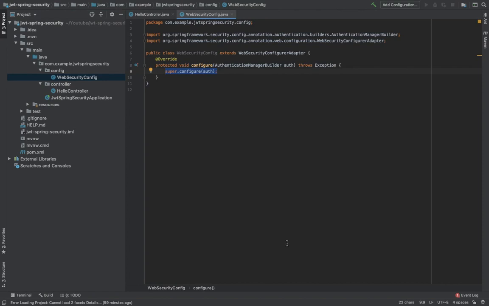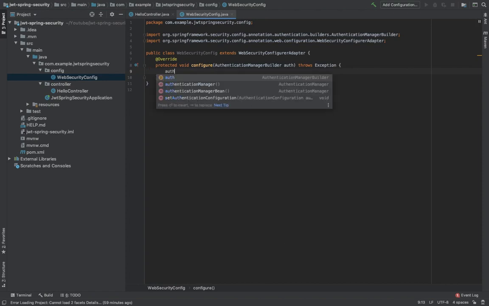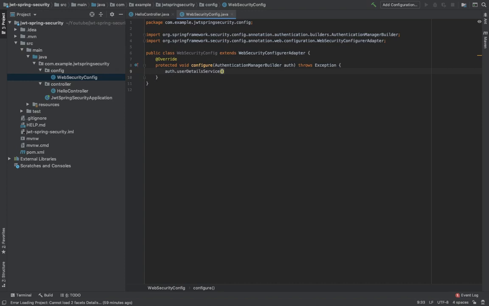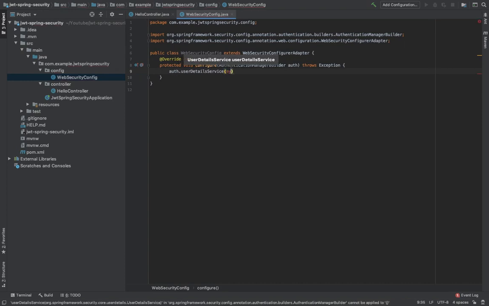So what we are doing here is we are overriding the Spring Security user detail service with our user detail service. Let's name this class MyUserDetailService. Let's autowire this class.